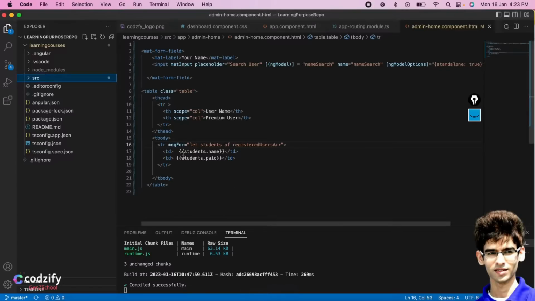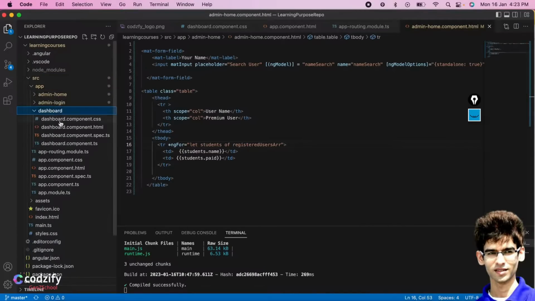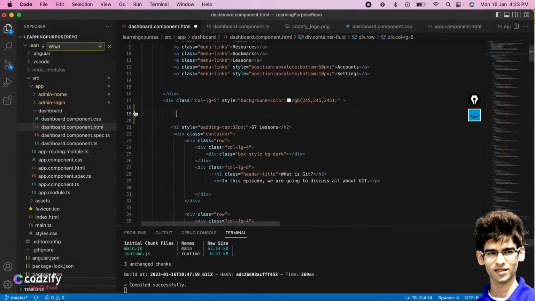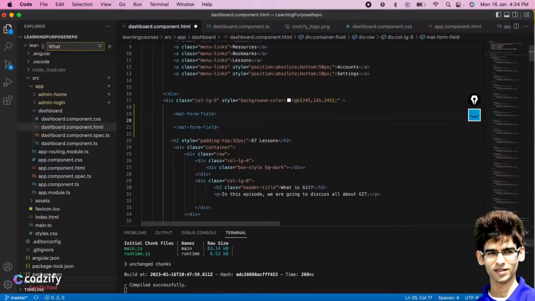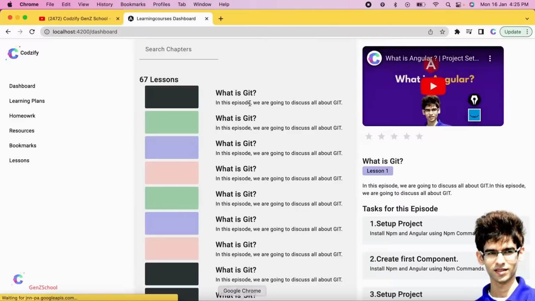For that, first we will go to the dashboard screen. Here we will add one search box first. Material form field, material label, we have the search chapters.